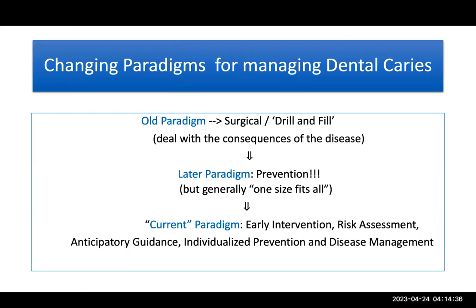Then in the late 19th century and the initial part of the 20th century, we started talking of prevention, and so many types of fluorides came in, triple fluoride therapy, and we thought that one size will fit all. And actually, for the initial 3 decades, maybe from the 1960s to the 1990s, globally there was a reduction in caries due to fluoridation and different types of fluoridation methods used. But after 1990, for the last 30 years, we have not been able to see much of a difference.